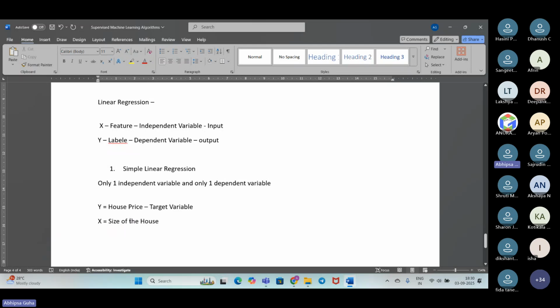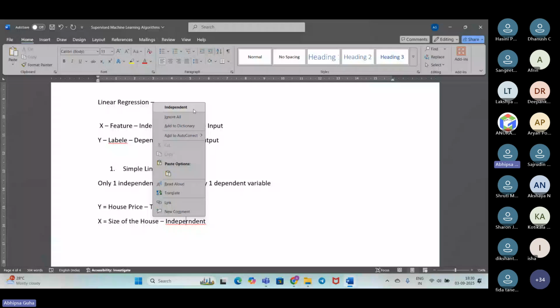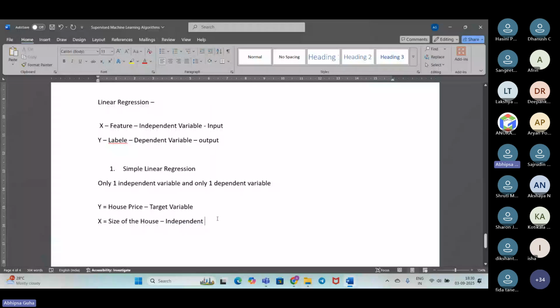Size of the house. Okay. That is the independent one, or you can call it a feature also. Okay, so what equation does it follow? The equation it follows is Y equal to